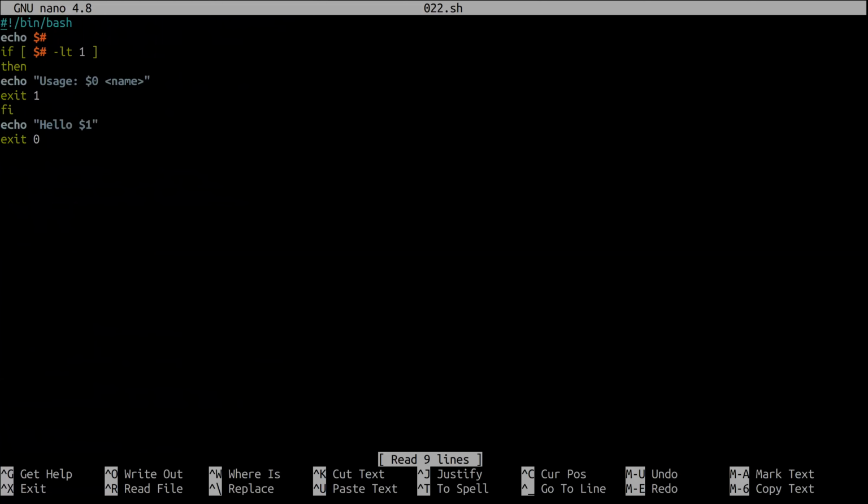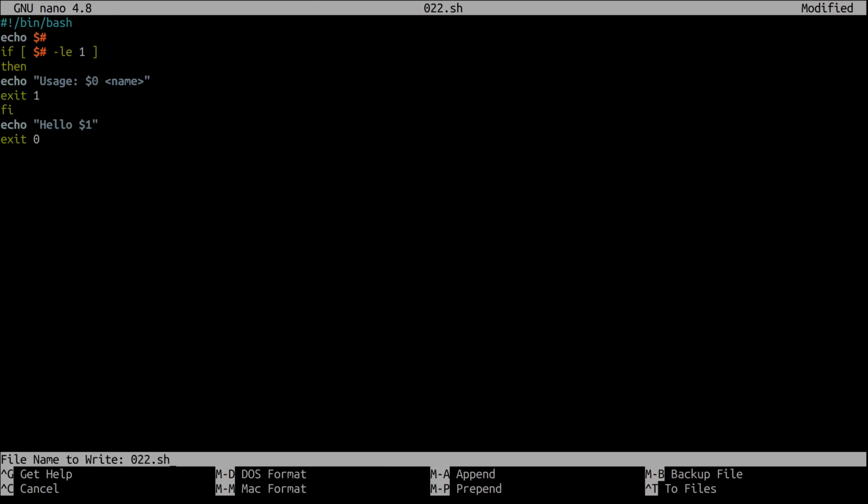And let's look into the same command, but with a different variation. -le is less than or equal to. Now, if your argument count is only 1, then this condition will still be satisfied because then this will return value 1. So if 1 is less than or equal to 1, then it will satisfy this condition and it will not execute this one. So let's see.